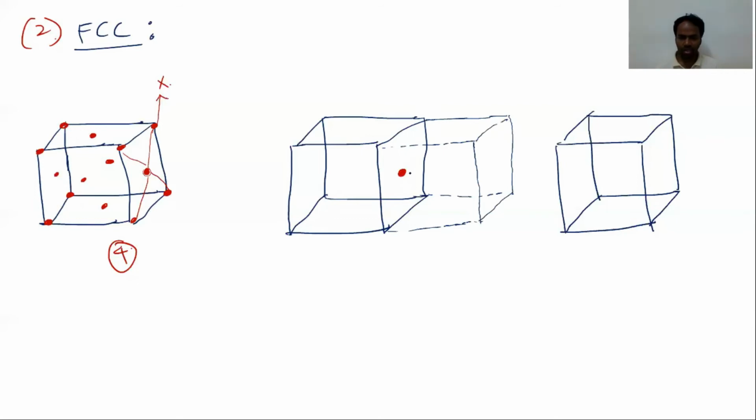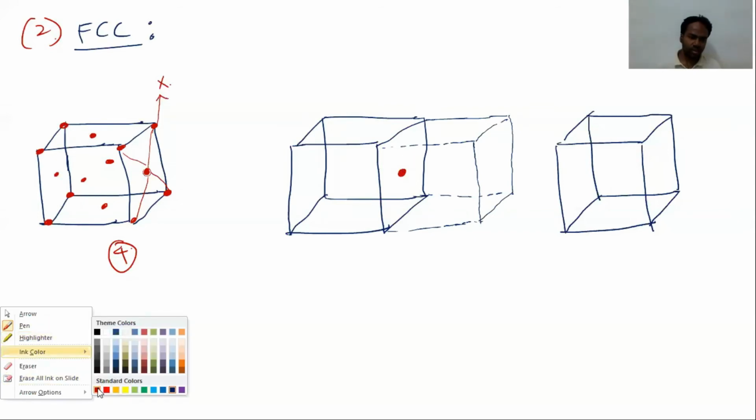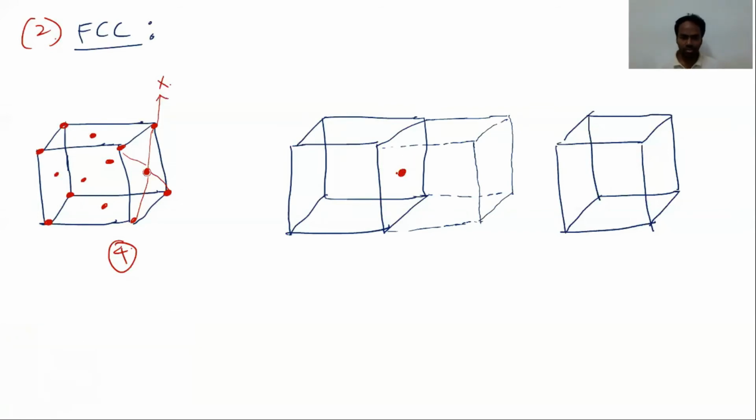But this is our point here. So now, count the number of nearest neighbors in this plane. For this, it's already over. In this plane that is completed. Now for this point here, this is the face center atom. This is also a face center atom. So for this unit cell, this is the face center, and for this face, this is the face center atom. So these are the 4 nearest neighbors.